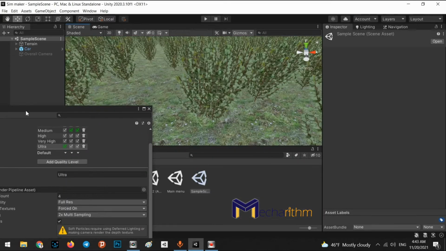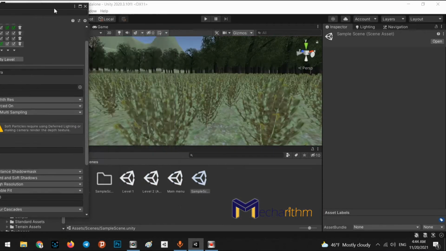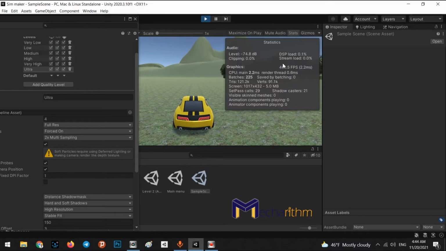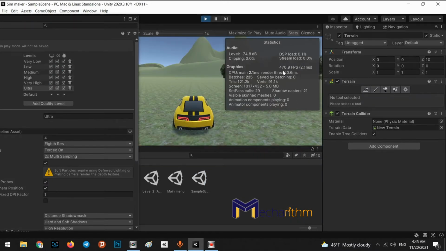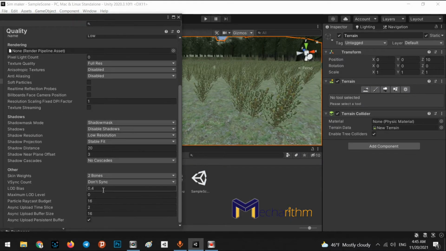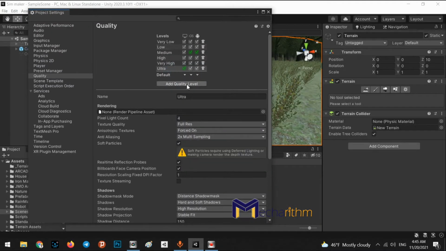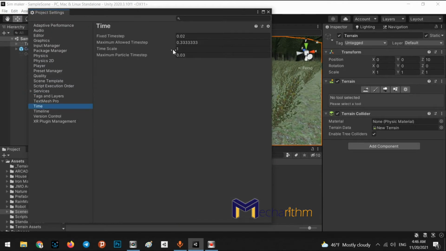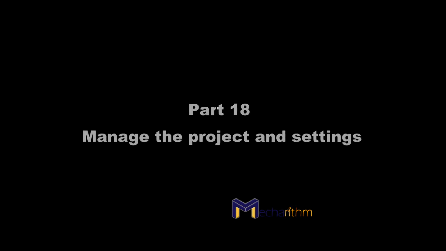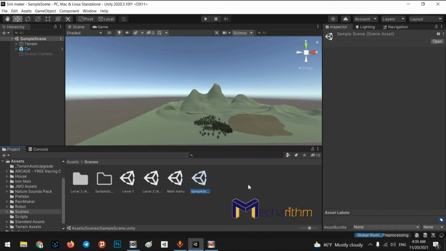It's better to optimize our simulator for every platform and every device. In this step, we want to learn how we can change the parameters and quality features of our simulator. Okay, in this step, we want to talk about how we can change the settings and project management in our